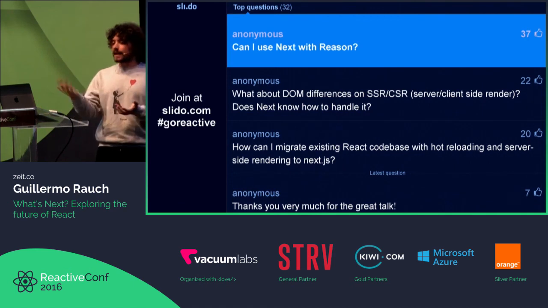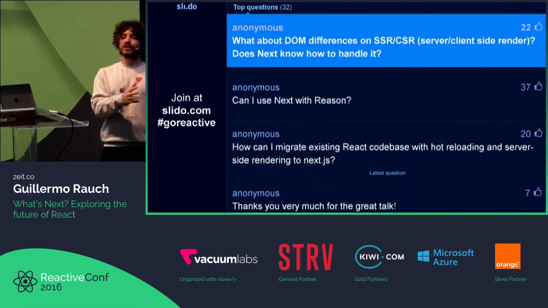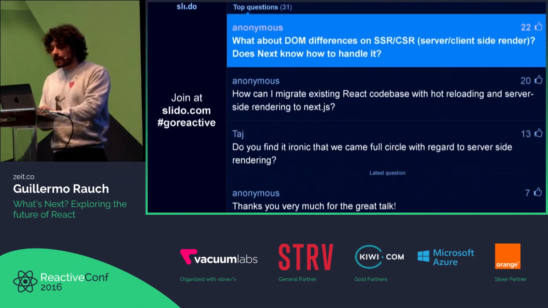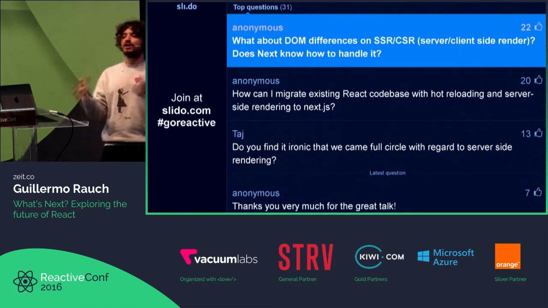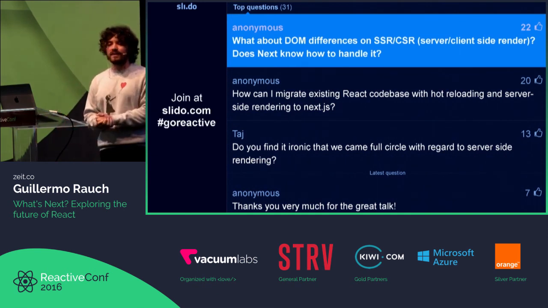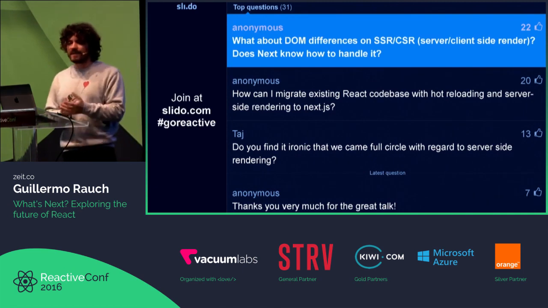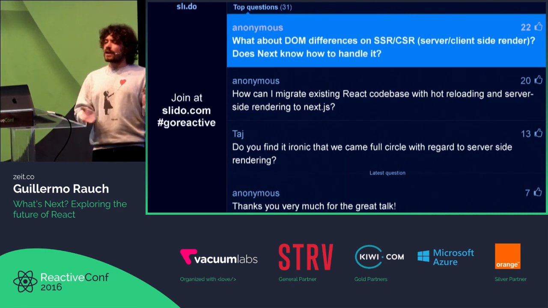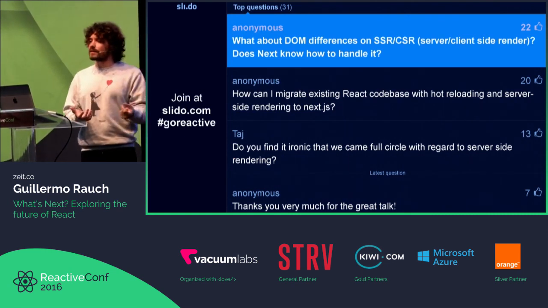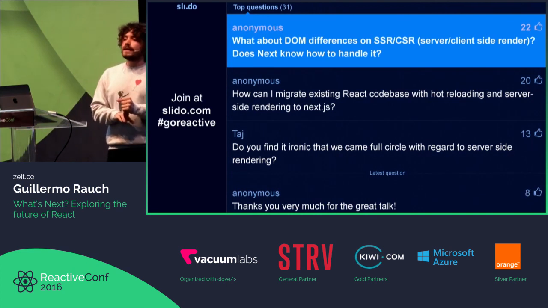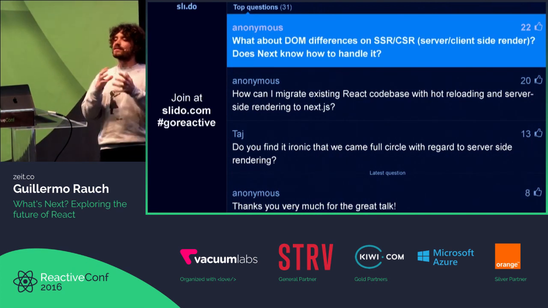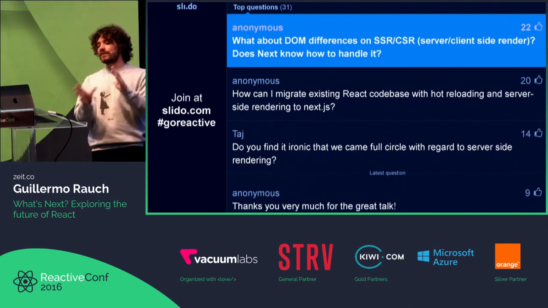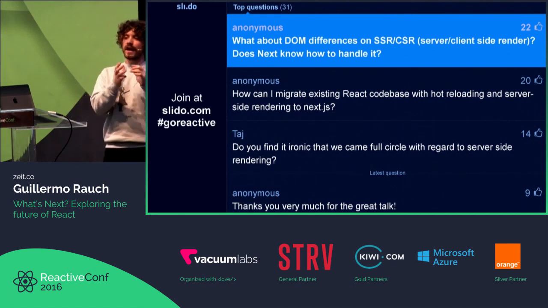So DOM difference is, like I mentioned, I gave an example with CodeMirror. The server is rendering something that didn't have that editor rendered on the page. We do that very easily because in getInitialProps, we say editor false or something like this, and that's all it takes. In this case, we did it because of a few things. First of all, loading the entire CodeMirror code base on the server side is quite expensive. Secondly, the interaction or the things that we can server render from the editor, we would like to have a static representation of it. So this is the beauty of Next in that you can have a completely different DOM